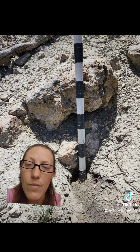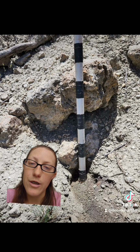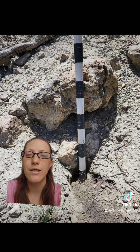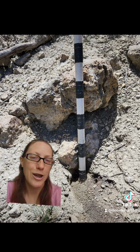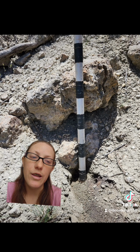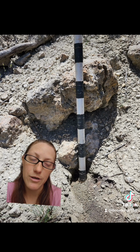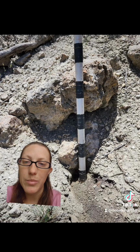Now, I also got a chance to talk to the Utah State paleontologist Jim Kirkland, who is just amazing, and I adore him. He is just so excited about geology and paleontology, and I love it. But he said that one of the differences between the Morrison Formation and the Cedar Mountain Formation is that there's actually more ash layers in the Cedar Mountain Formation than there are in the Morrison. So you'll see lots of white layers. Now if I go back to